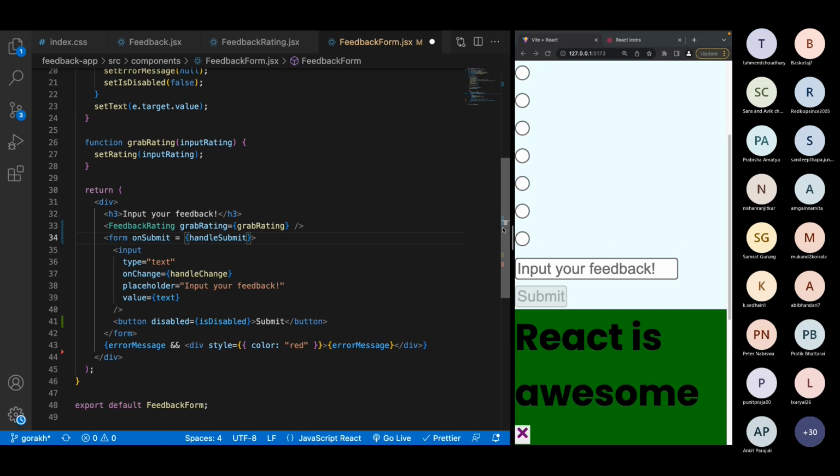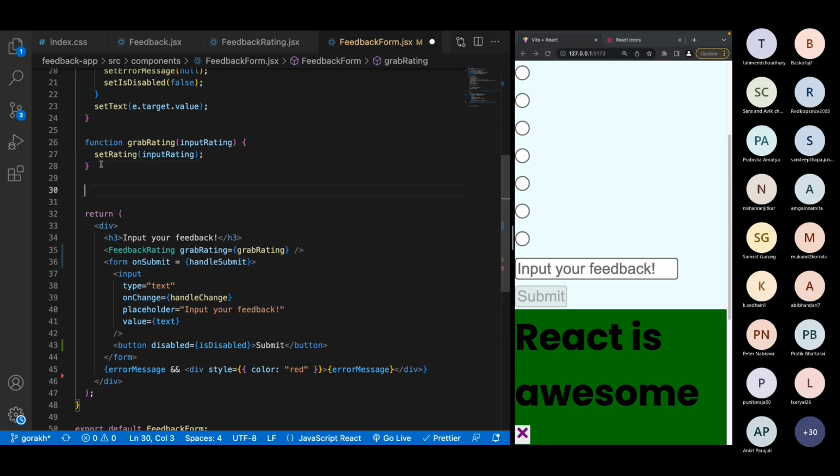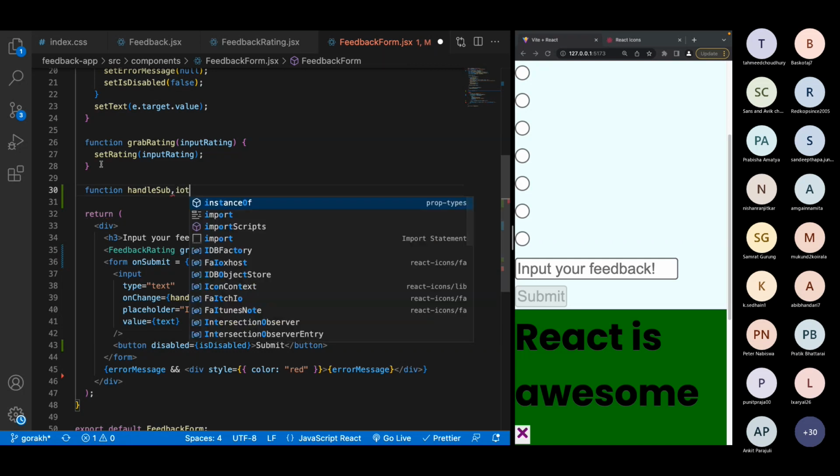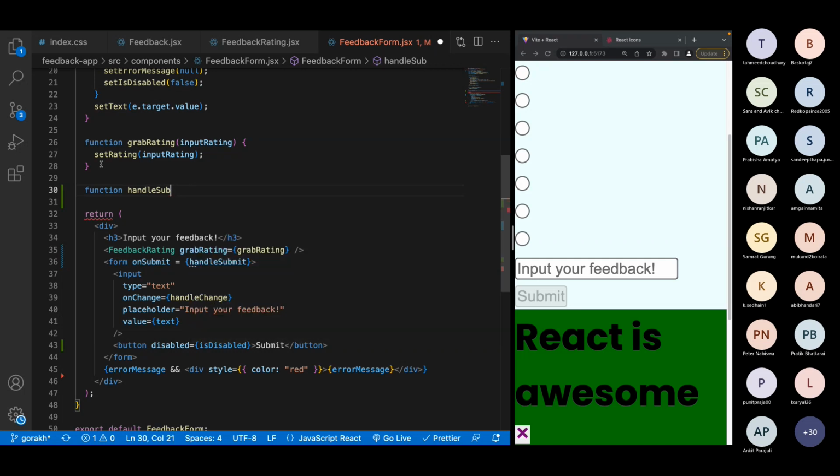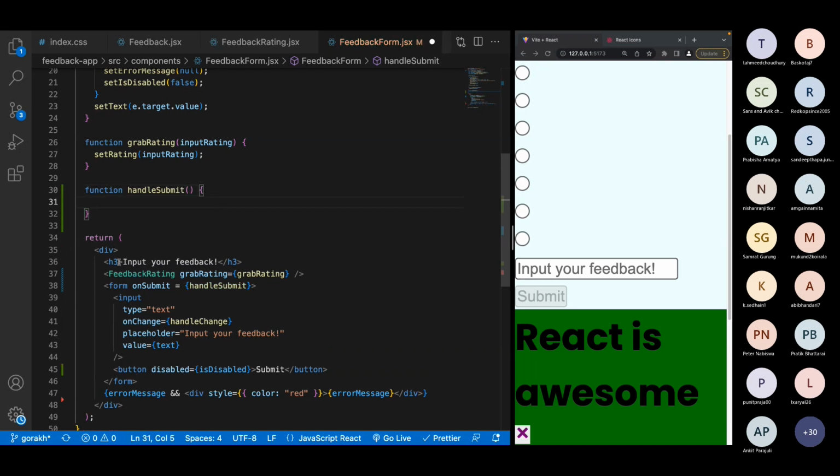Now let's create that handle submit function here. And inside that handle submit, we will actually send the feedback data